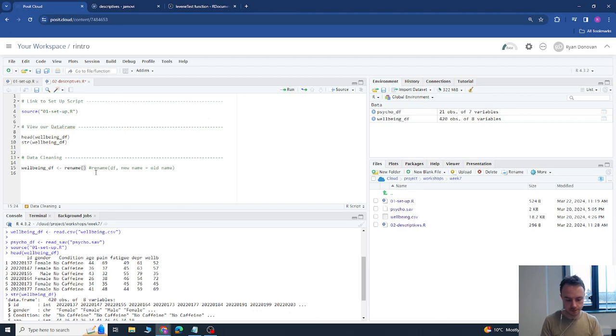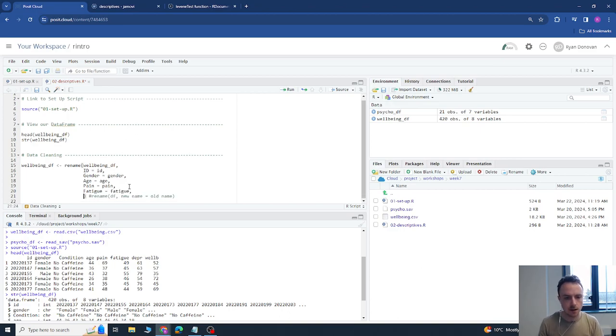So I'm going to put in wellbeing df, and let's say I'm going to put ID. I'm going to create a capital ID, capital gender, condition is fine, capital age equal to current column age, that's lowercase, capital pain, lowercase, capital fatigue,